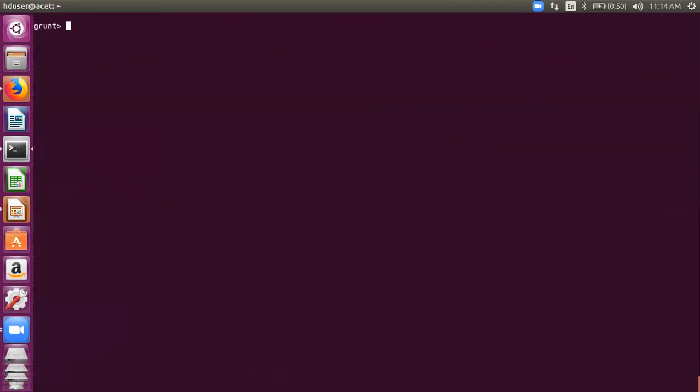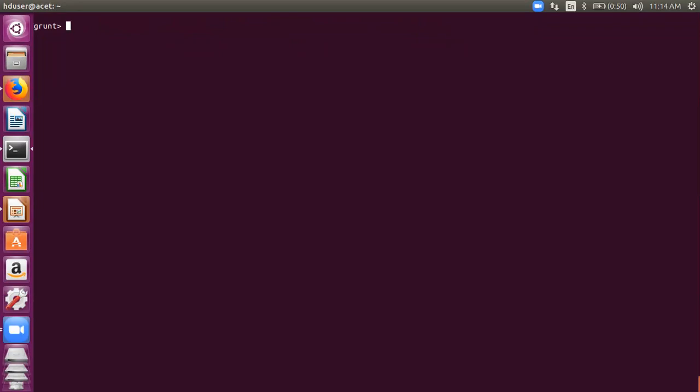Now let's do one thing. Instead of giving the value of the parameter here on the command line, I can store all the parameters that I use in some file and I can run that file.